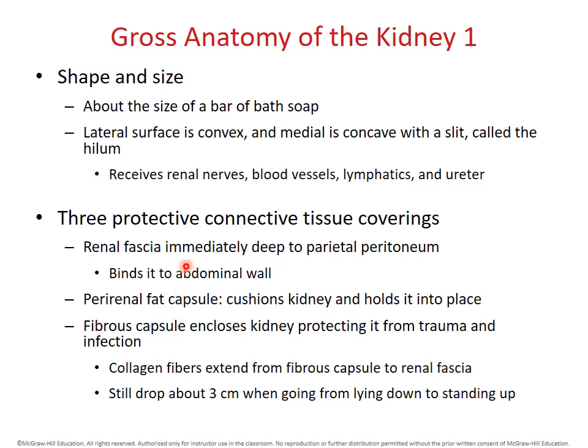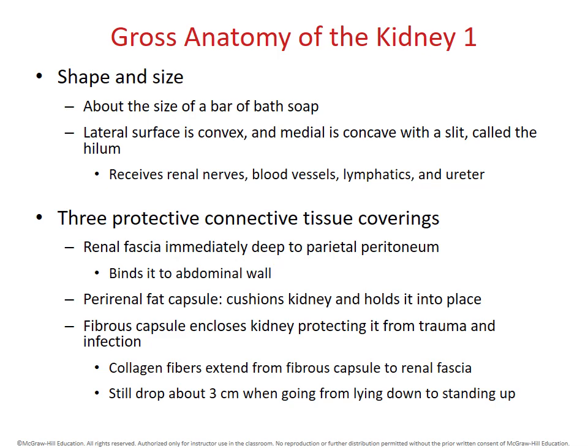The renal fascia just beneath the parietal peritoneum, the perirenal fat capsule that cushions the kidneys and generally holds them in place, and then the collagenous fibrous capsule that covers the surface of the kidneys themselves, and the collagen fibers that extend from the capsule to the fascia that again help hold the kidneys in position in a retroperitoneal position